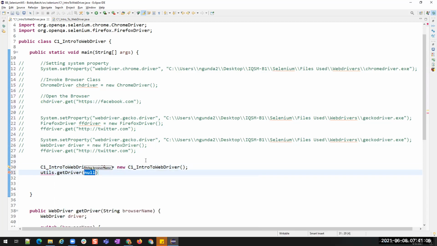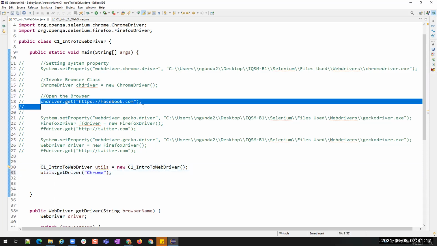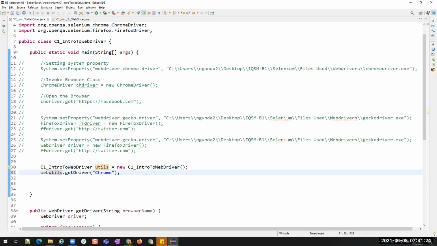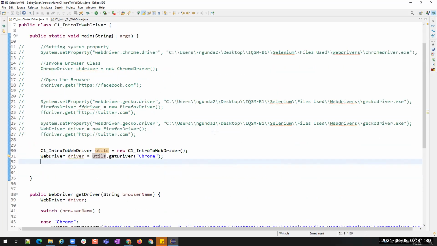I'll call this getDriver by passing the name. And this is returning a driver, right? So I have to catch the driver so that I can apply these methods on the browser. So I'm going to store it.